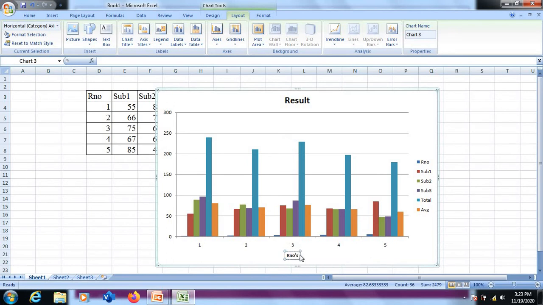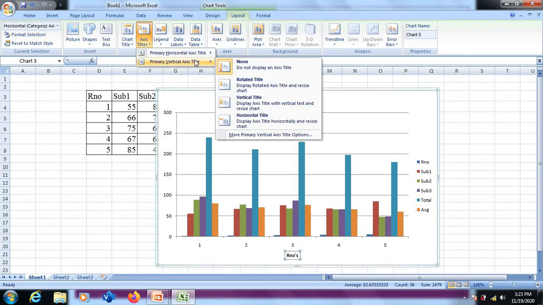These are the roll numbers, and similarly I can give axis title to the y-axis as well. It can be either a rotated title or a vertical title or a horizontal title. So this only deals with the alignment of the title. It can either be a rotated one, top to bottom, or a vertical one, or a horizontal one. You can have any of these. Let me display a horizontal one,